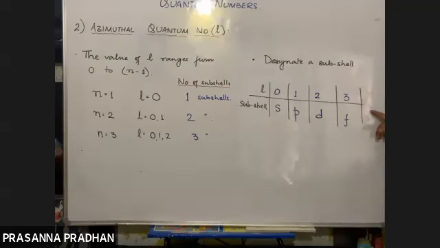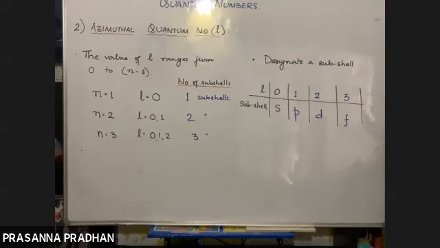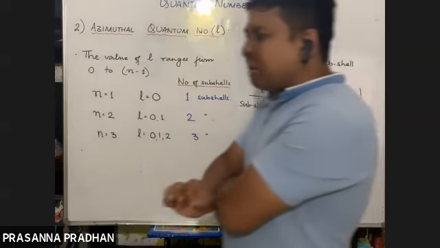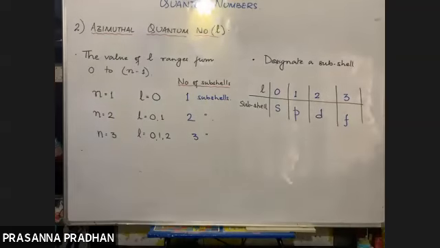Sir, what if we take 4, 5, 6, and 7 like that? 4 will be g. From there onwards, it gets quite complex, which is beyond the scope of our syllabus. So we just need to understand till f. First, let us make this concept clear. The azimuthal quantum number helps us to designate a subshell.